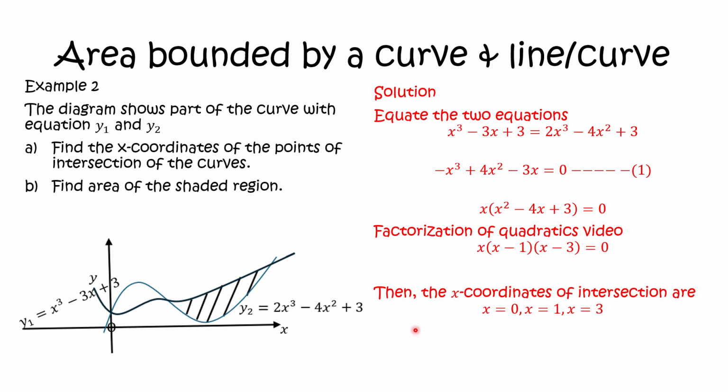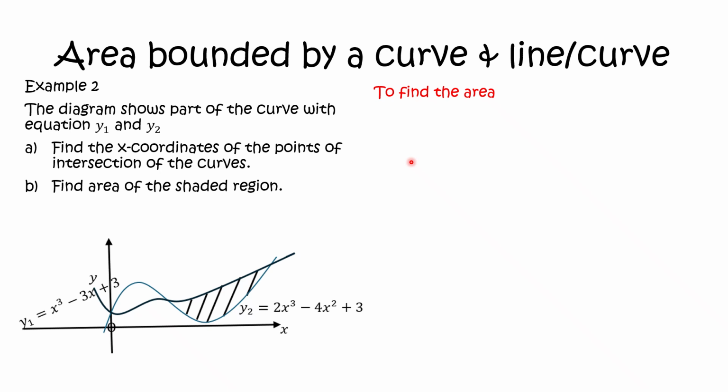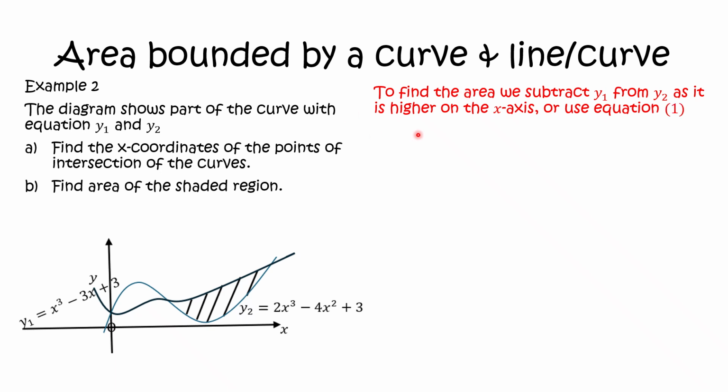Then, to find the area, we subtract y1 from y2 as it is higher on the x-axis, or we use equation 1. So it's better to just use equation 1. That is the reason we highlighted it and labeled it as 1. So in this case, we have minus x cubed plus 4x squared minus 3x. That was our equation 1. So we're going to take the integral from 1 to 3 of minus x cubed plus 4x squared minus 3x